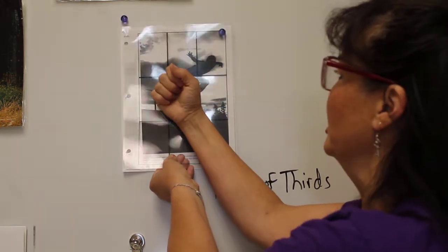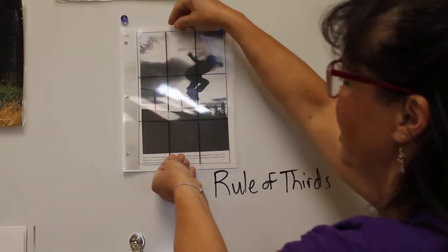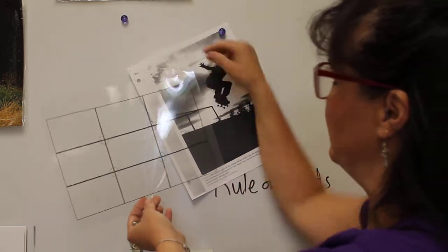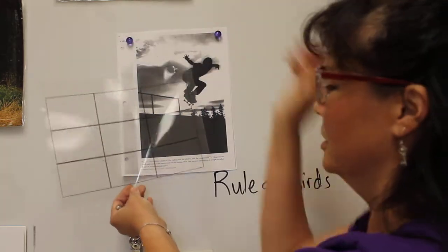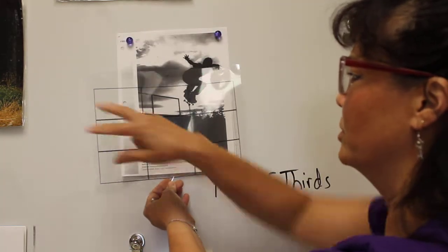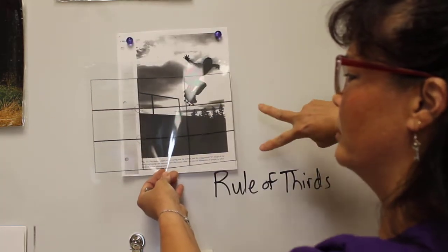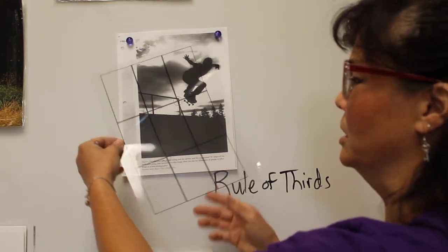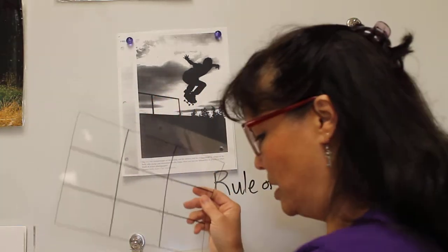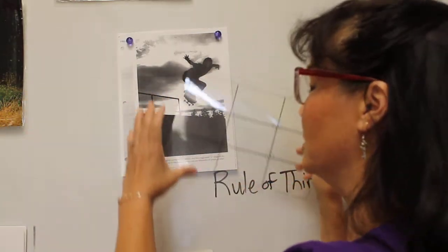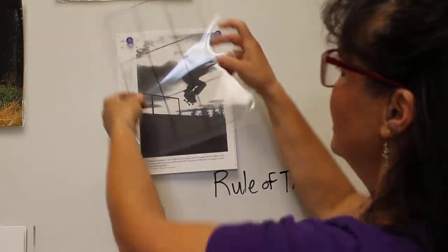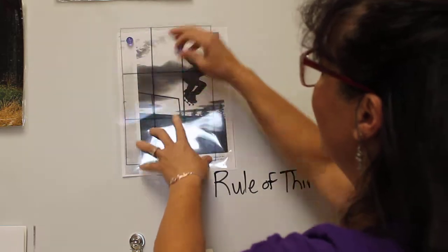So a lot of times things won't be dead center like you would expect, not that there's anything wrong with that. But if you notice on this chart that I gave you, the space has been divided into thirds with a couple of horizontals coming across and then a couple of verticals cutting through. And just as an artist in your head, be really aware as you're arranging and composing your shapes within your picture